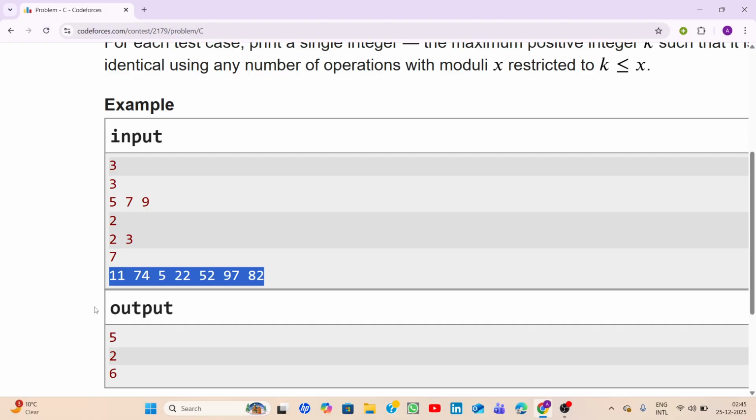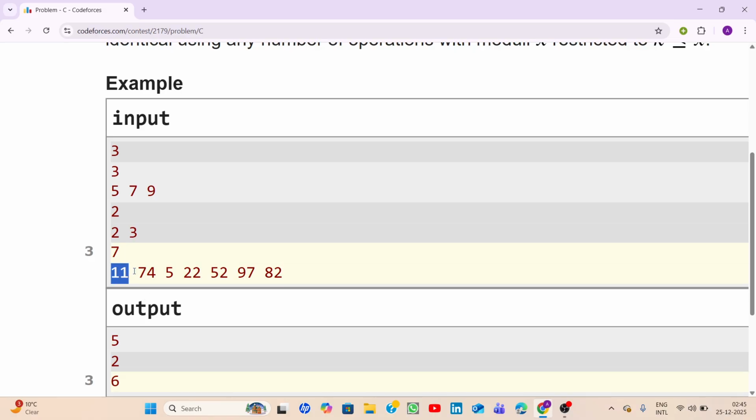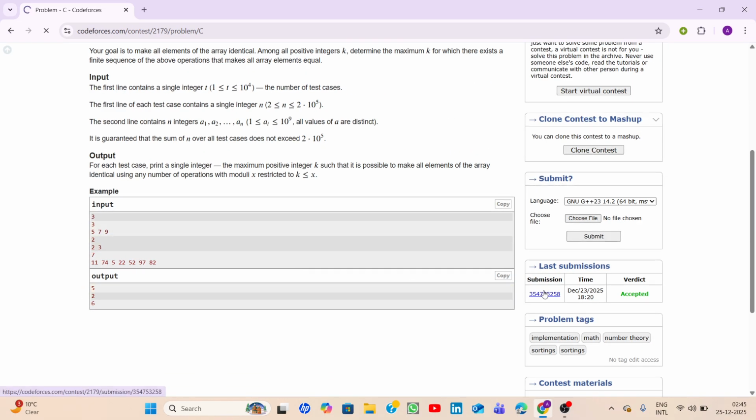So we would just subtract the given A0 element from every index, and then we would try to find our answer. Suppose in this test,